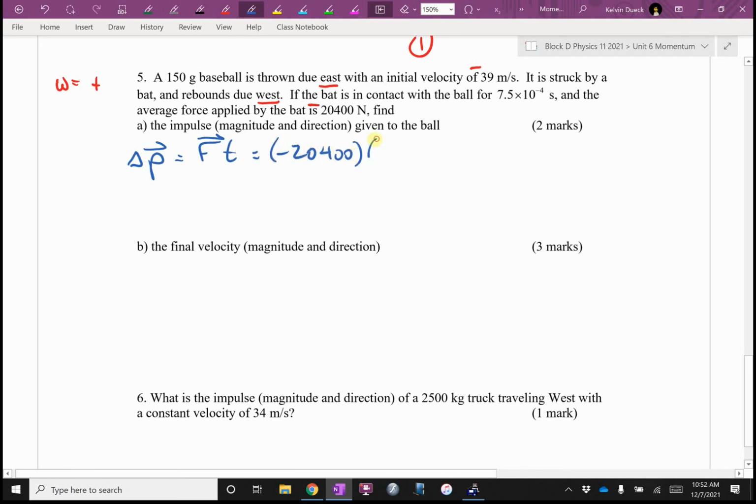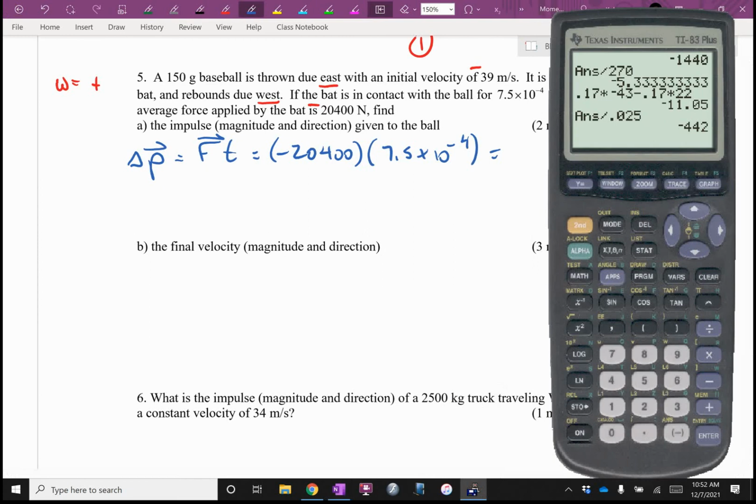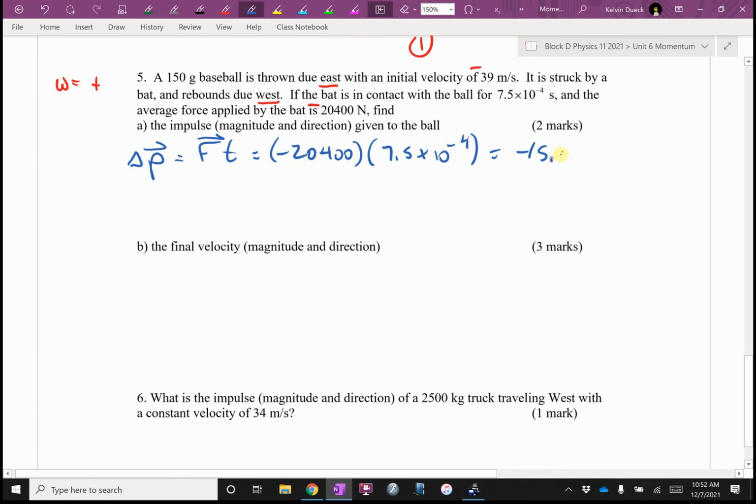20,400 times 7.5 times 10 to the negative 4. Now, if you let east be positive, that's totally fine. Our directions will still match. Negative 20,400 times 7.5 times 10 to the negative 4, and I get negative 15.3. So that's going to be an 15.3